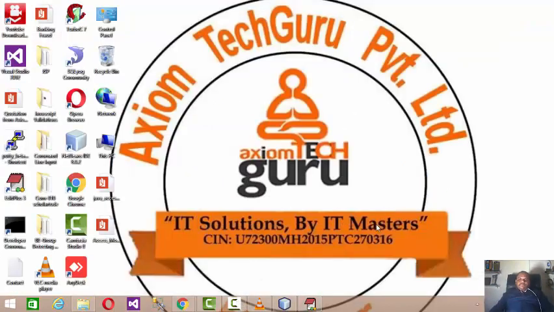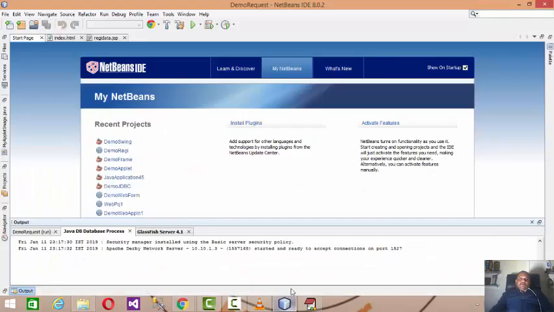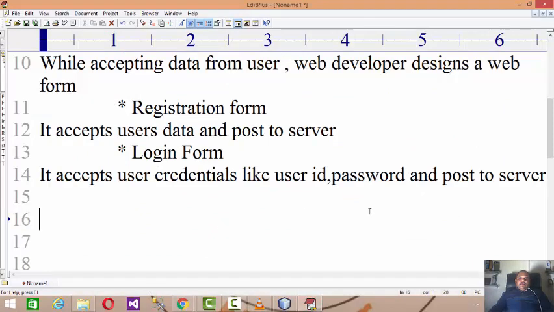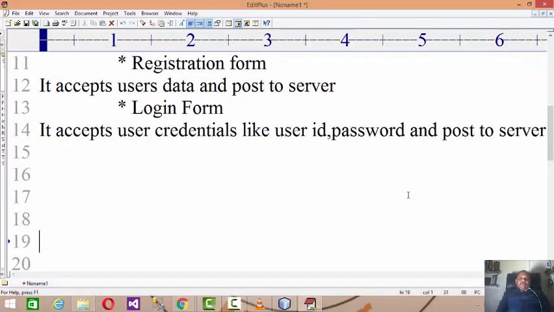Okay, so now let us practice these things. Whenever we are developing a web application, we have to first design the web page or web form, right?